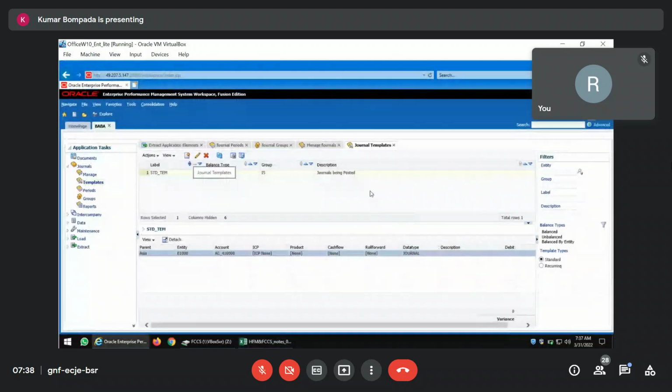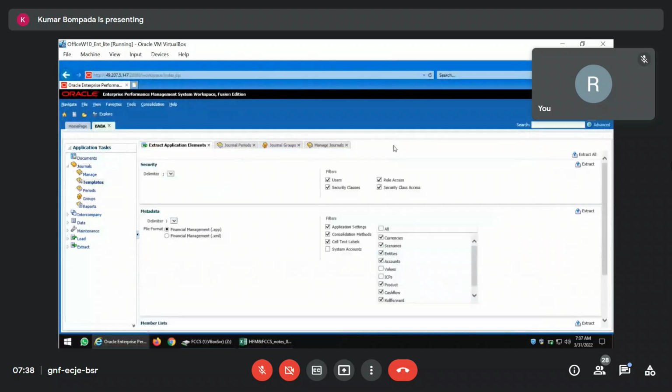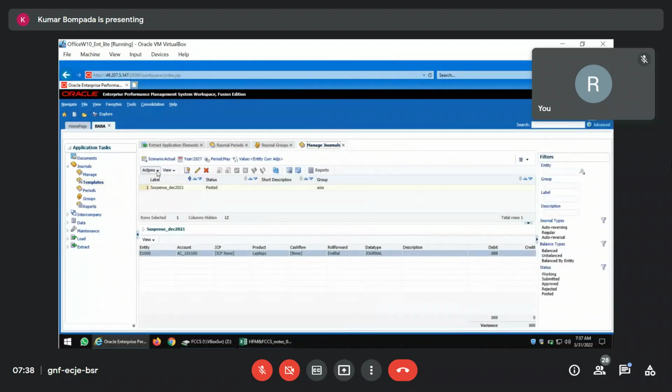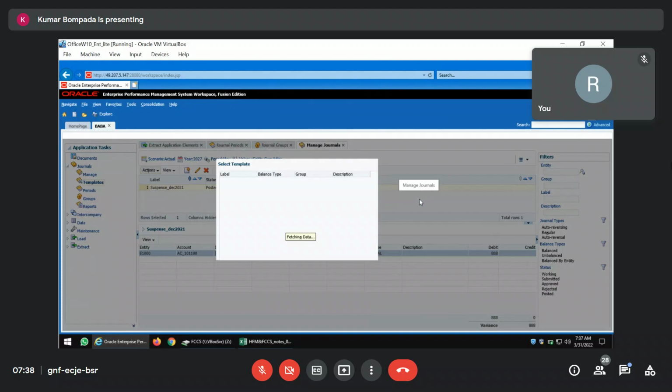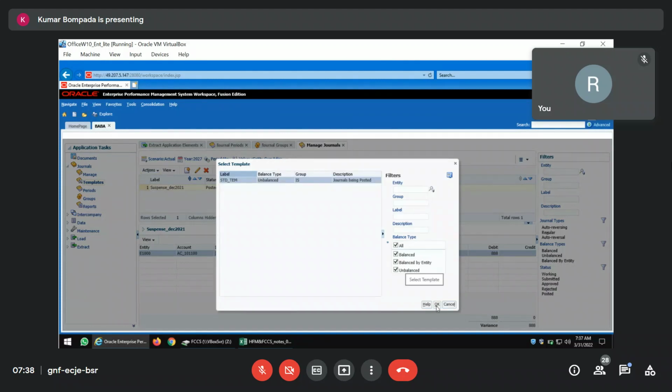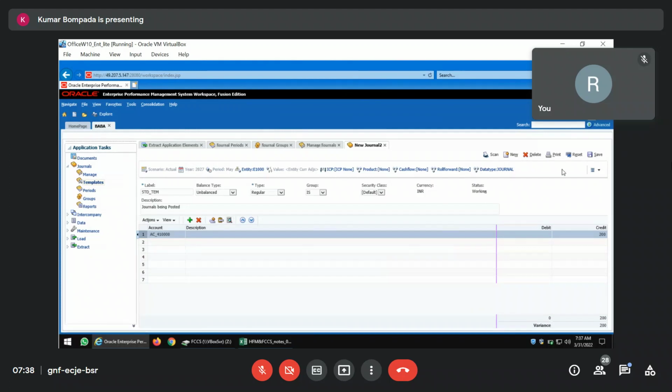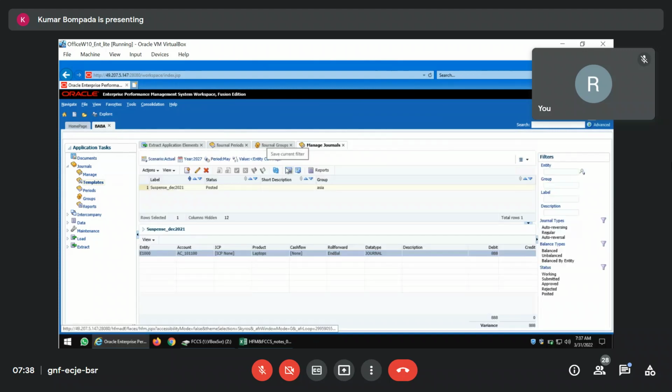So yes, I want to create a new journal now. Go to manage journals. Click on actions, New. It will ask for a template. I'll use the same template. Okay. Save. Automatically it will be in working status. See, when you refresh,